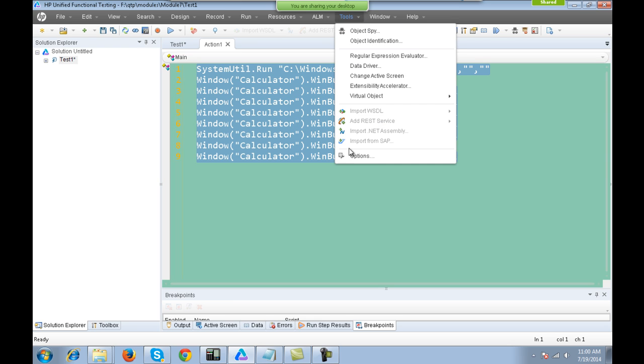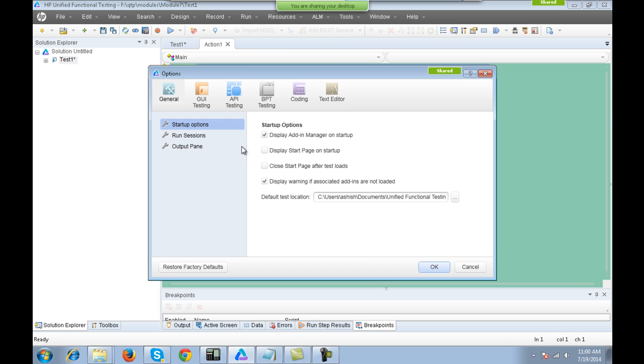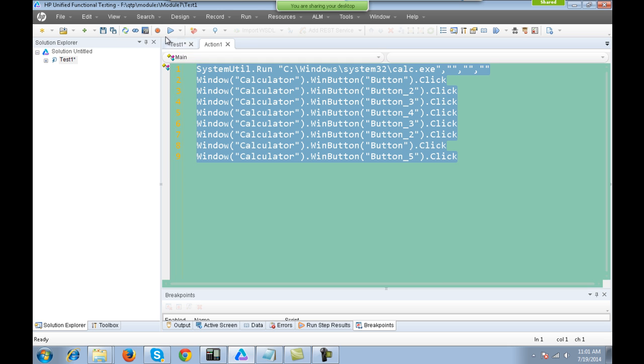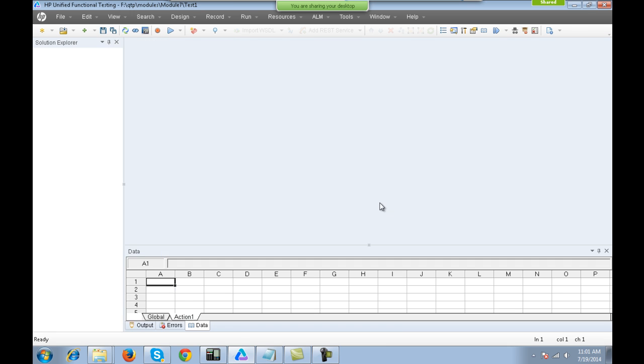Now you can go inside Tools, Options over here, and under the Run Session you will see a checkbox. If you have freshly installed UFT, you will see the checkbox checked, that is, view results when the run session ends. You can uncheck this because it can be really frustrating that every time you run the script, even if you run one line, a result window automatically comes up. For example, if I keep it checked and if I run this, you will see that,